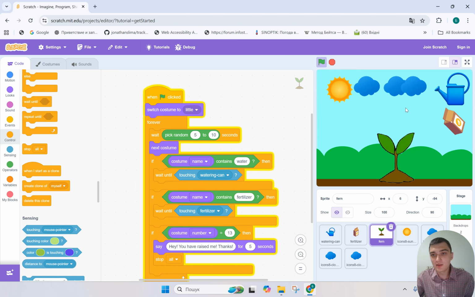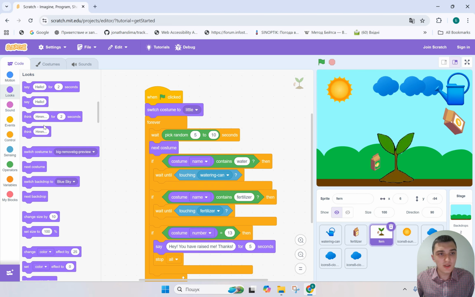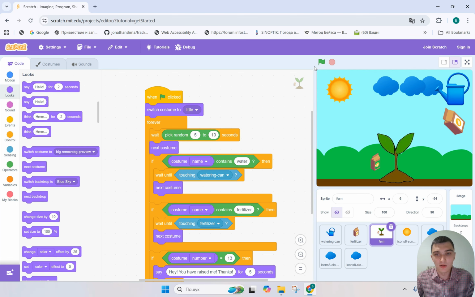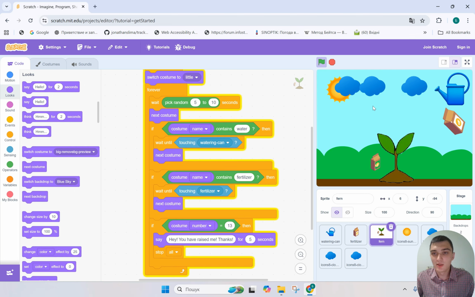So in that case we can finally take a look and check if it works. Our plant wants to be fertilized, so we can take it, and something doesn't happen. And what we skipped, we forgot about next costume. So wait until touching watering can and next costume here and here. So let's do it again. Next costume, click here, and